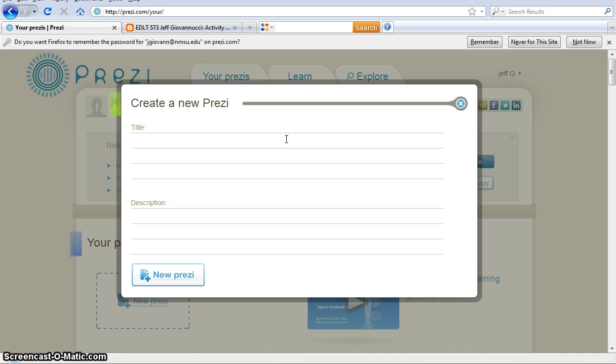For our activity, you are going to take your field or discipline, ours being athletic training, and a topic from your field. So we're going to do ours injury evaluation, and then you're going to put concept map after this. If you don't know what a concept map is, it's in the discussion book from page 104 to 105. Now you can add a description on it if you want, but if not, then click New Prezi at the bottom,